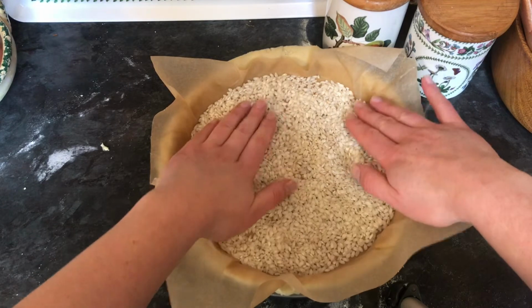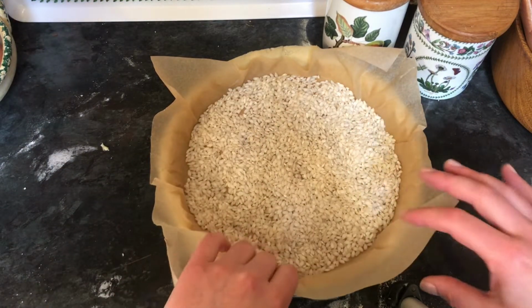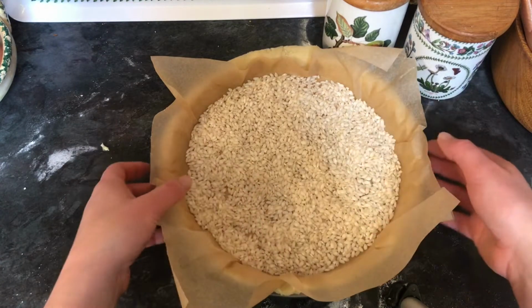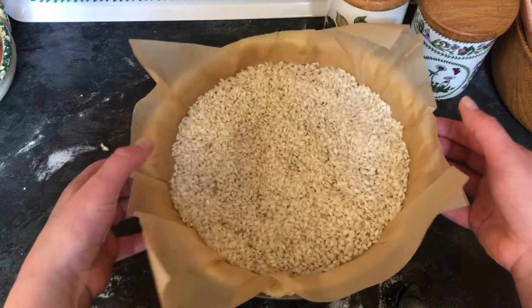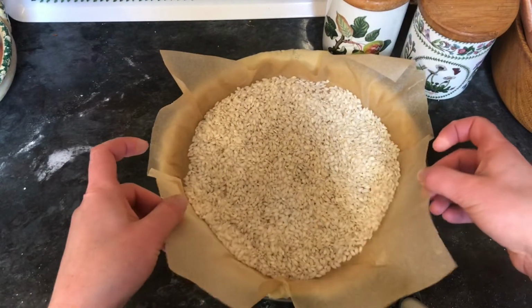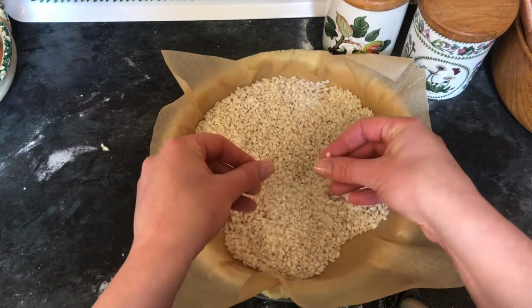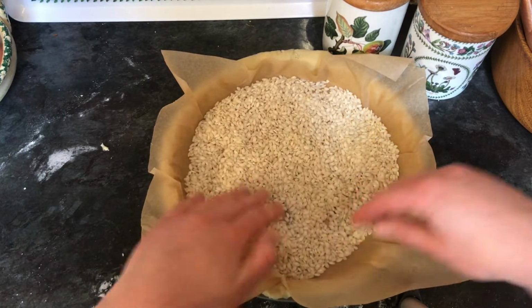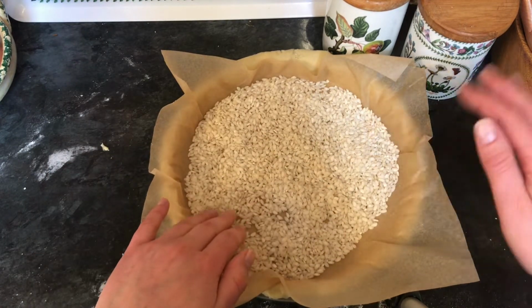So what blind baking means is that you're just going to cook the pastry before you add the filling in. It's to prevent you from getting a soggy bottom, which is what you don't want on your pastry. Cook this in the oven for 15 minutes. Then I'm going to remove this. I'm going to reuse these because they can be reused, obviously not to cook for rice, but they can be reused for blind baking again, and put it back in the oven for 5 minutes just to crisp up the